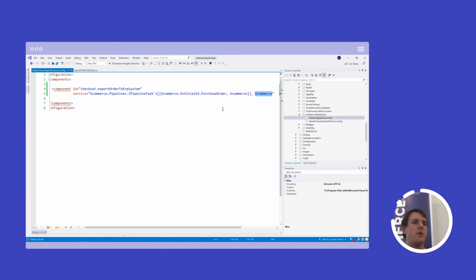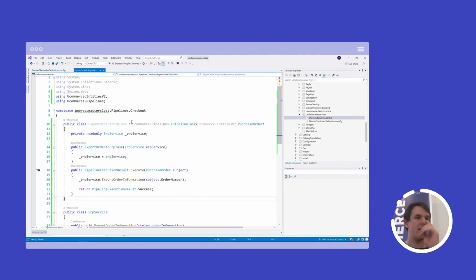So a little bit of boilerplate code, not a lot, but the documentation teaches you how to do that very, very nicely. Now we also have to insert the type in our component, and the type in this case is ExportOrderToERPTask. It lives in this namespace, so I will grab that.